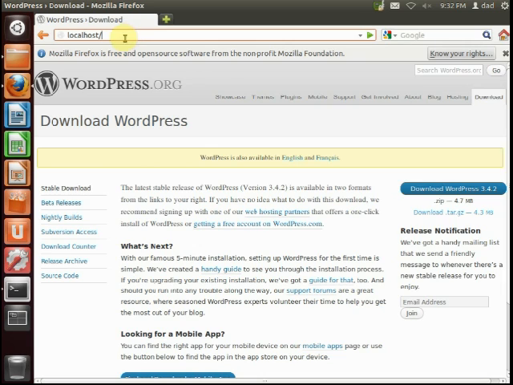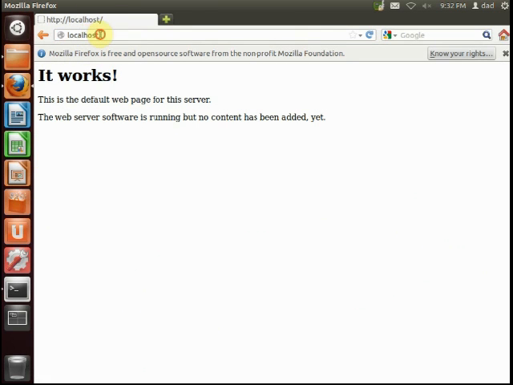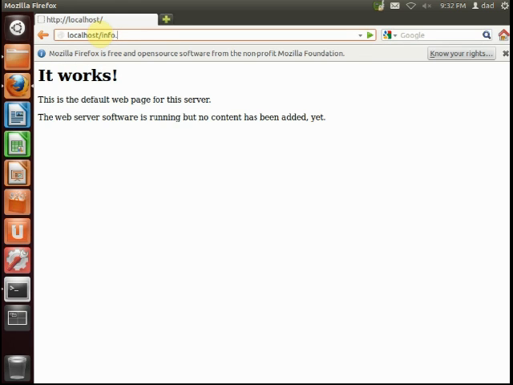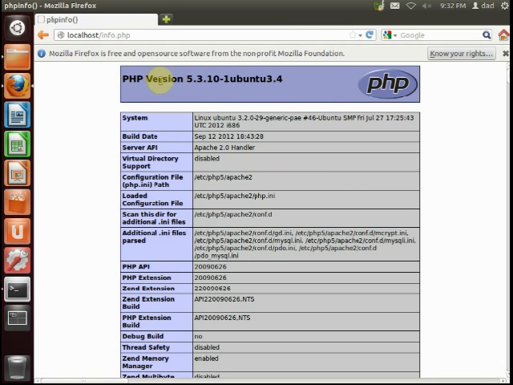Okay, so it works. So now I'm going to go localhost/info.php, and then we're going to hit enter. Boom. So here we go. So our function is working. And we're ready to now install our